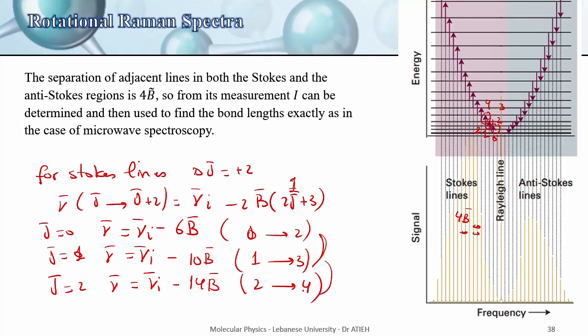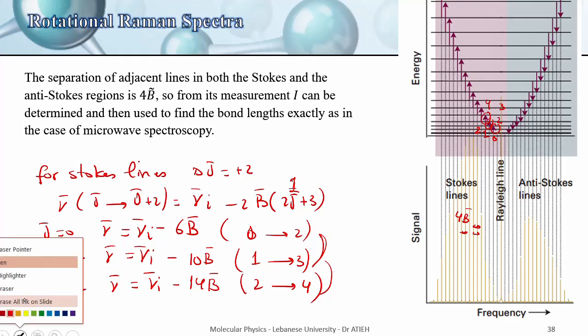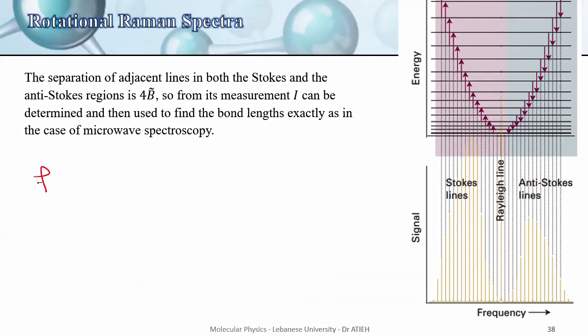The difference between these two is 4B bar, and so on. It will be the same difference. Now let's see the anti-Stokes lines. For the anti-Stokes lines,